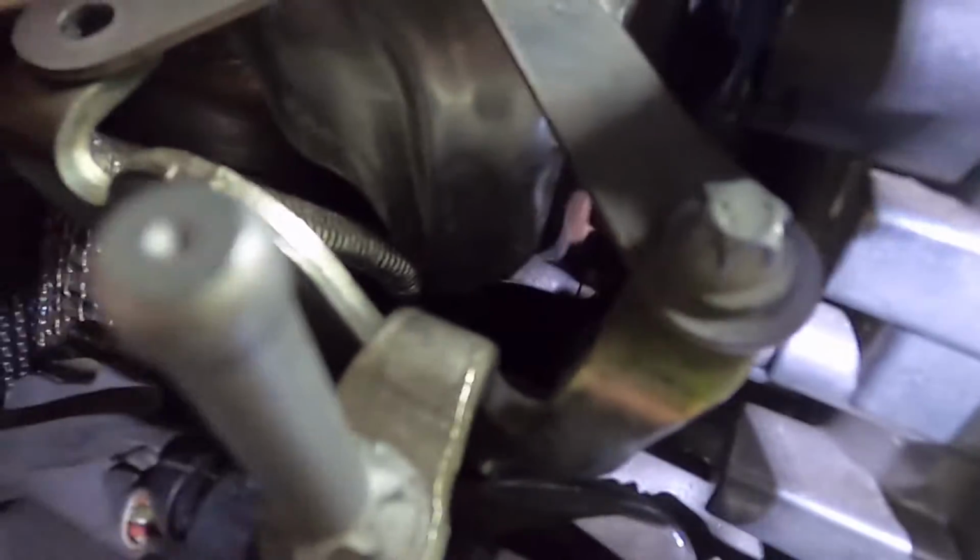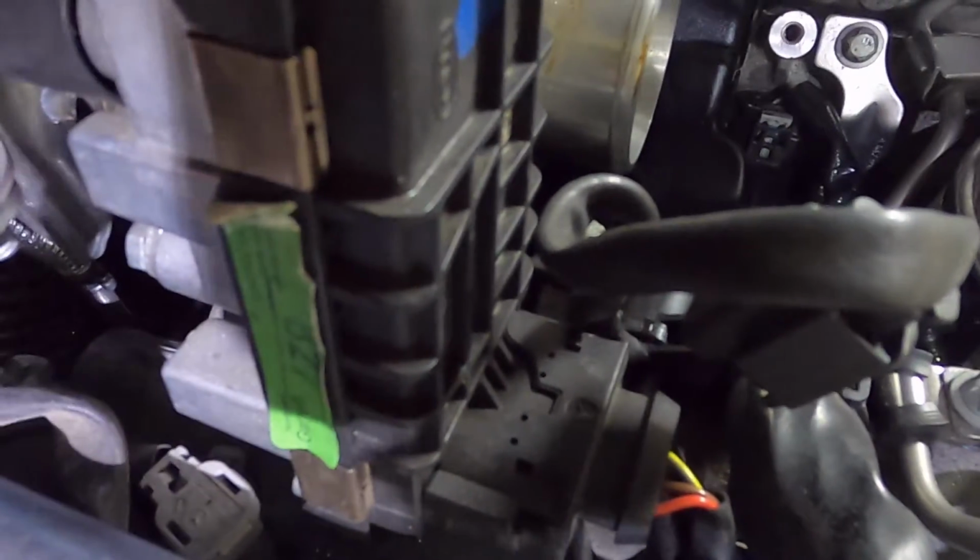I can't remember if it was meant to come up through this gap here at the front or up the side there. It seems quite happy there. I might even bring it through this hole in the bracket once I get everything back together. You can see where the wires sit best. But for now we're going to jump on to fixing up the